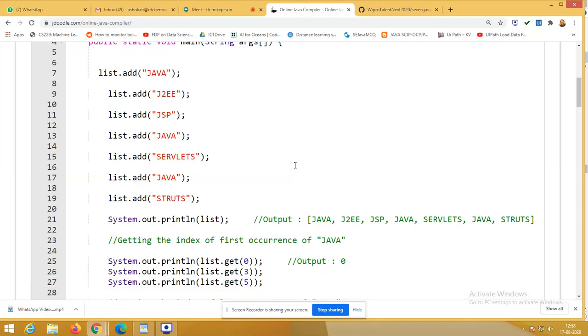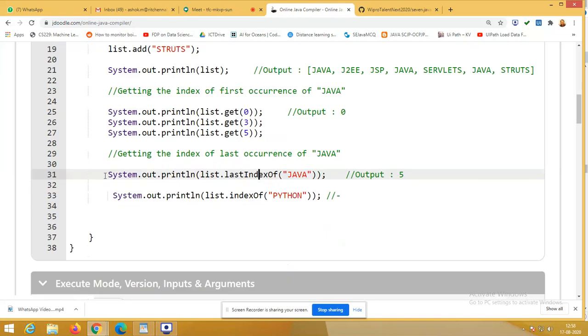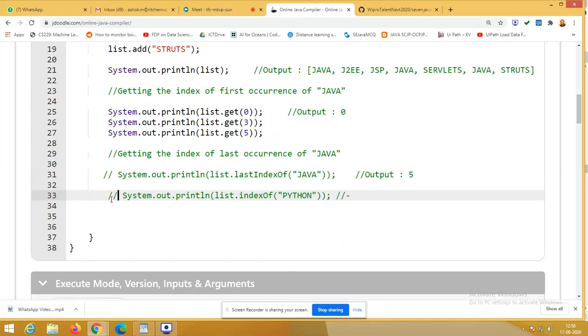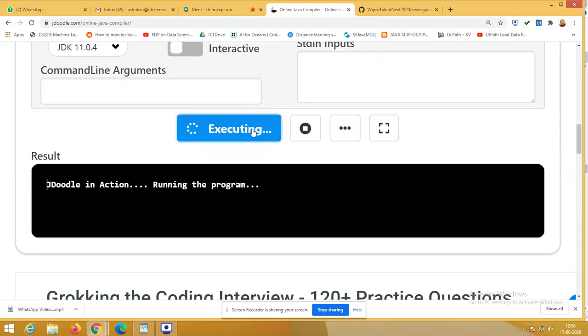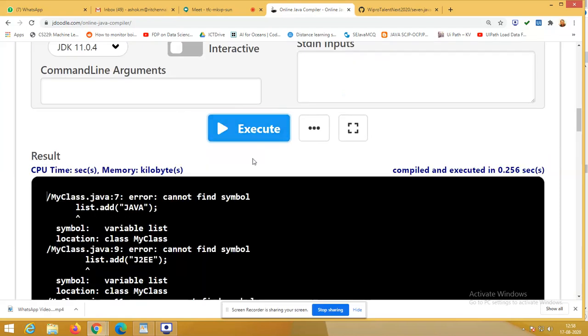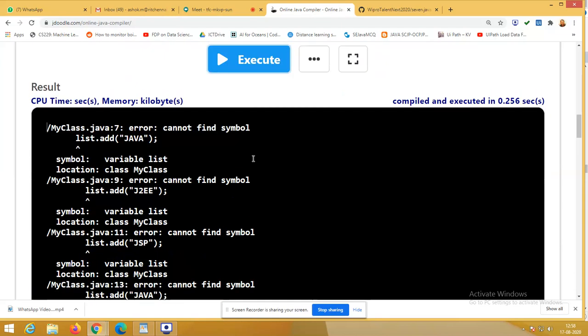So it's a time for us to remember everything, right? The recap also. So we will hide these statements while we are going to execute. It is going to fetch the list and it is going to tell us the position. Let us check, execute. Oh, what happened? List.add.